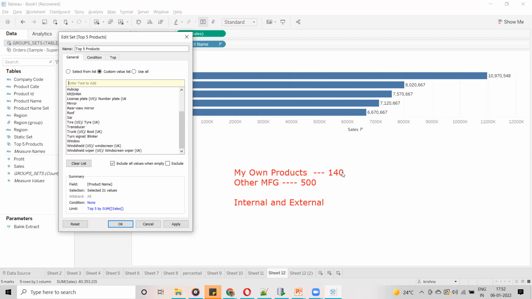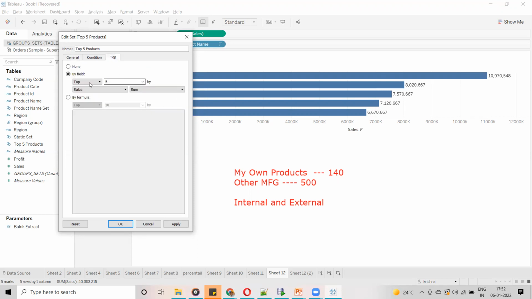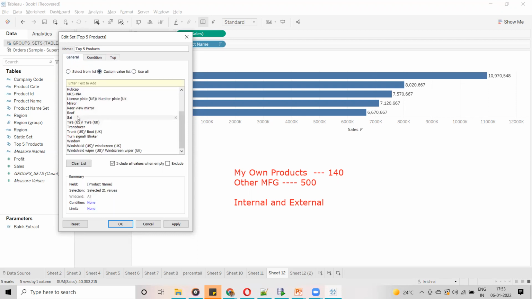This year, their target is to increase by another 20 products. They have given the product names, and he asked me to include them in this list. I have included them. For example, I have included Sai. This is going to be coming soon. Now I am going to remove this one. For example, I have given none, guys. So here in the list I have mentioned Sai.